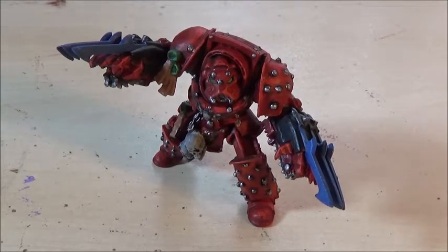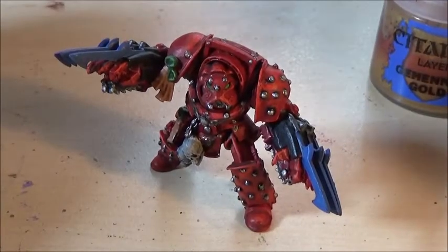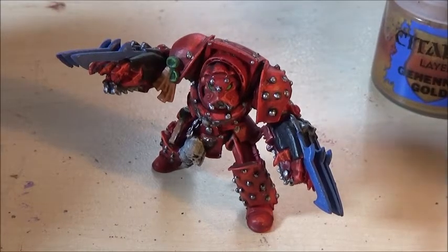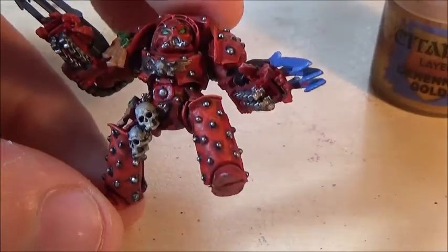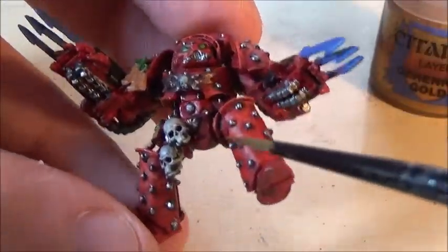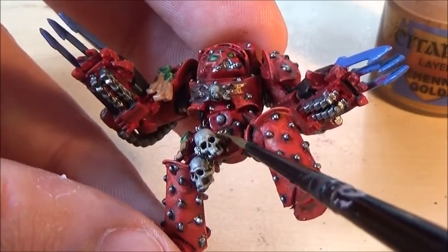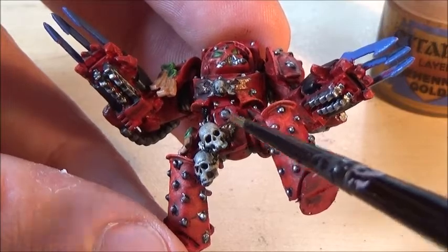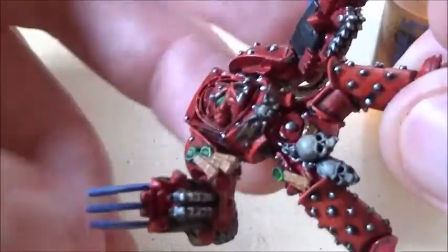The next colour that we're going to do is Gainer's Gold. This is what I highlight my Balthazar Gold up with, and this one is going to be quite quick and short, just like the green. And again, I'm using quite a small brush here as well, because there's not very much gold at all. With the eagle insignia here, it's so small that I can actually pretty much just paint the highlight straight on, like that. And then with the lightning bolt in the middle,